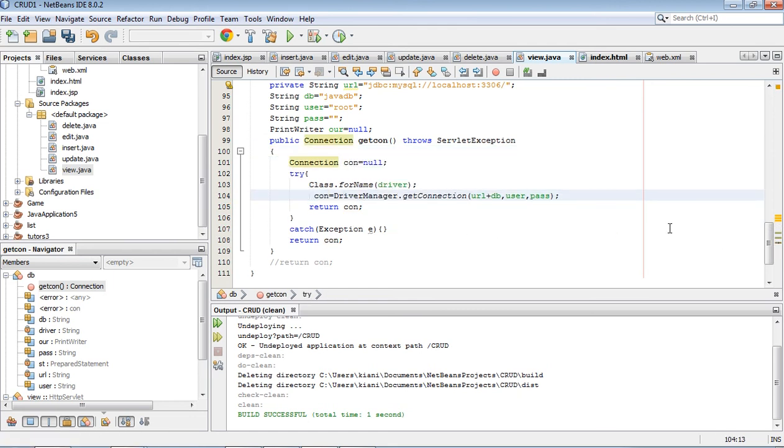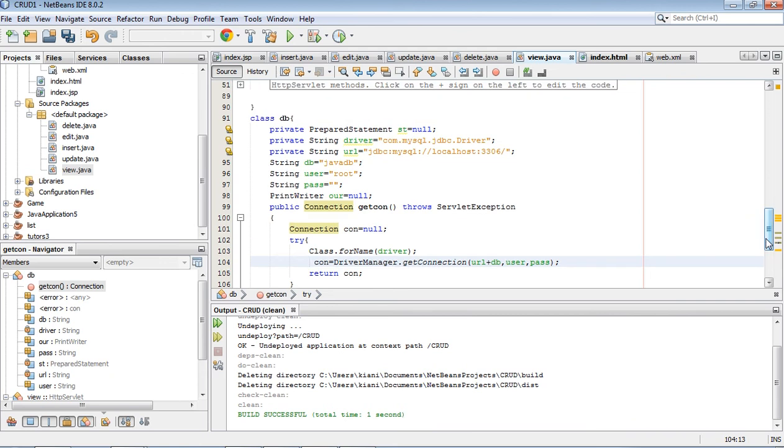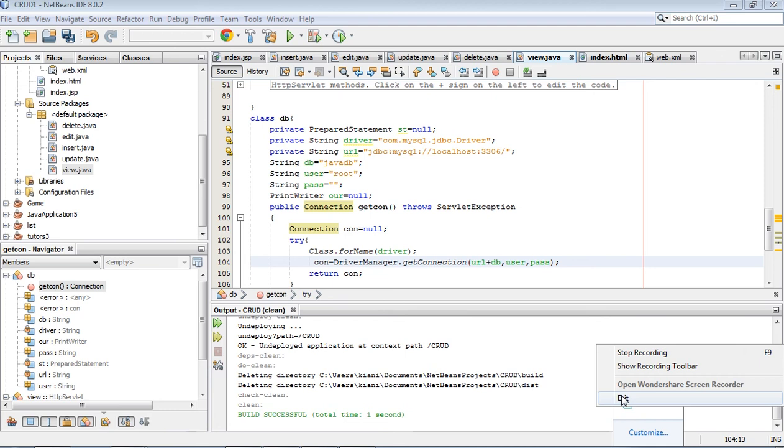Now if we see catch Exception e, just write this or write some print statement here. Okay, return con and return con here also. If there is an exception, you can print there is a connection error, right? Now we have this printStackTrace. You can use printStackTrace, right?